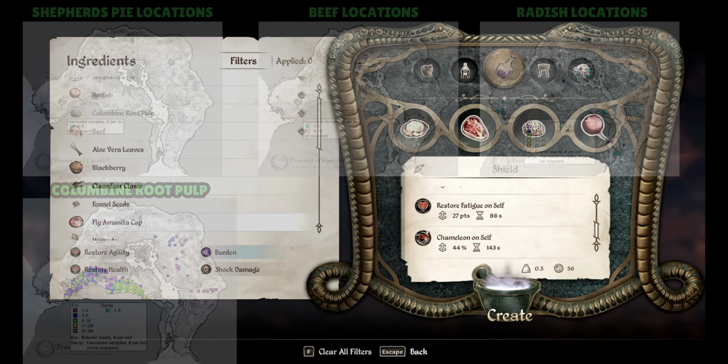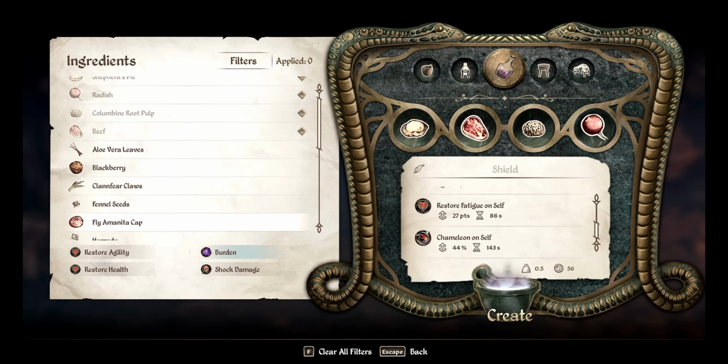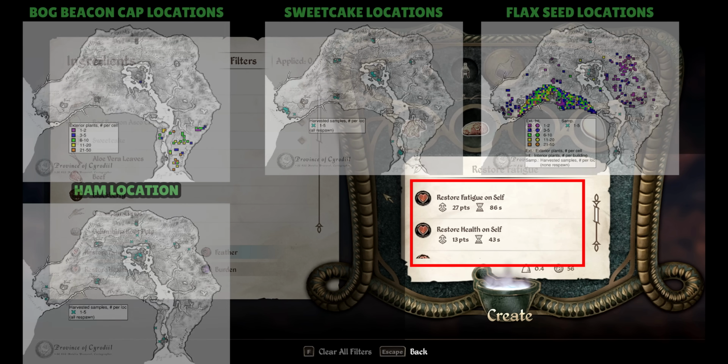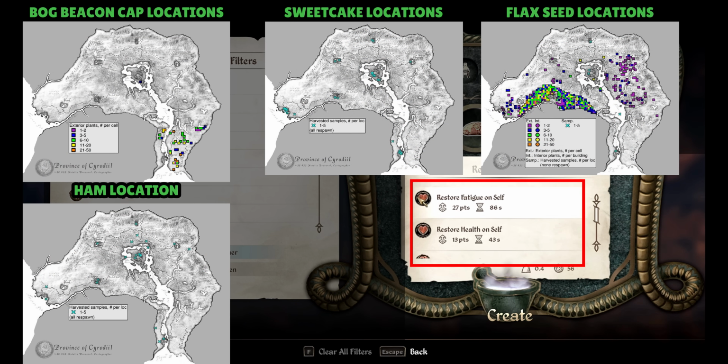You get chameleon and fortify agility, plus you get some fatigue back and some shield as well. This next one, I use flax seeds, ham, bog beacon asco caps, and sweet cake to make myself a potion that'll do 27 points of restoring fatigue for 86 seconds, 13 points of restoring health for 43 seconds, 272 points of feather for 880 seconds, 24 points of restoring magicka for 78 seconds, as well as a 51% shield for